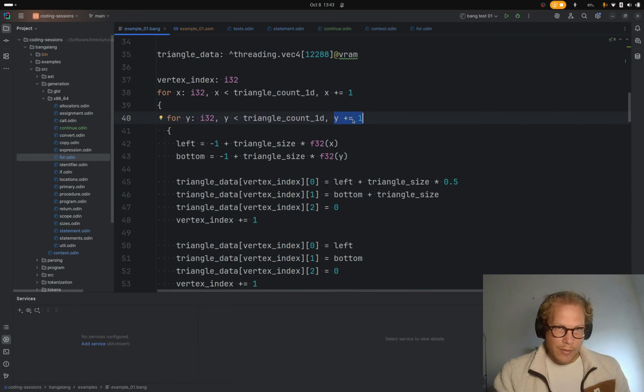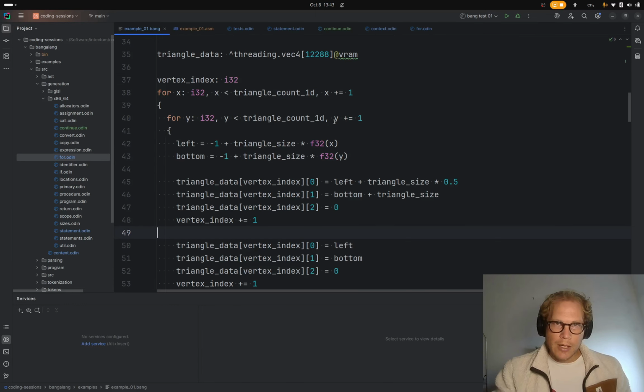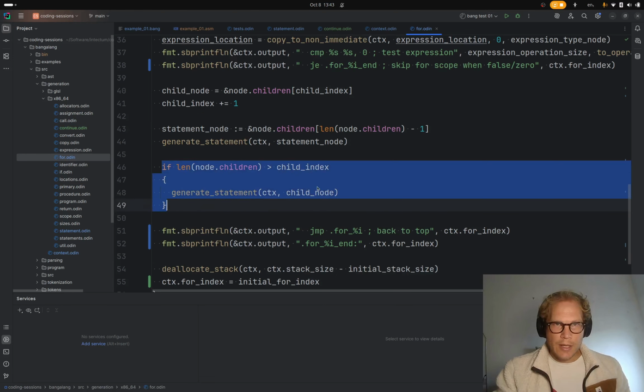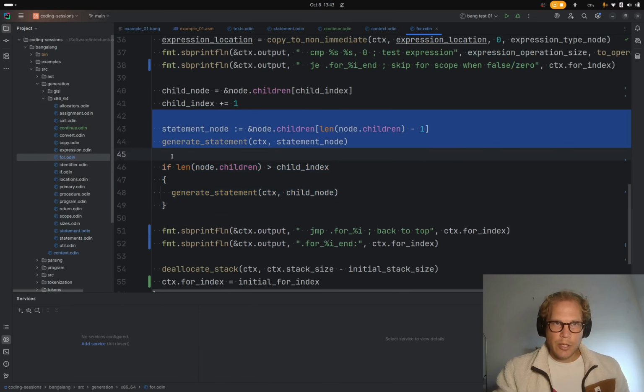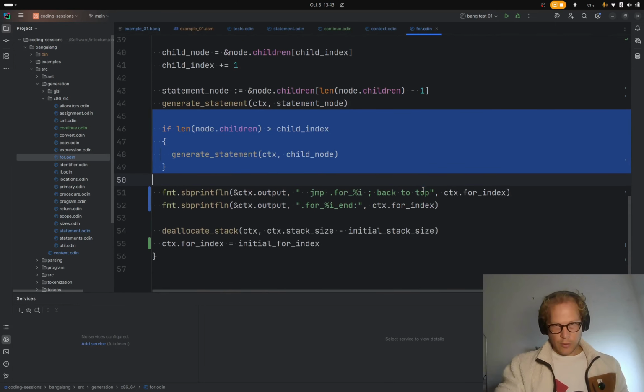It needs to do that and then do the next iteration. And this here, I believe, is the body of it, and this here is the extra thing. So